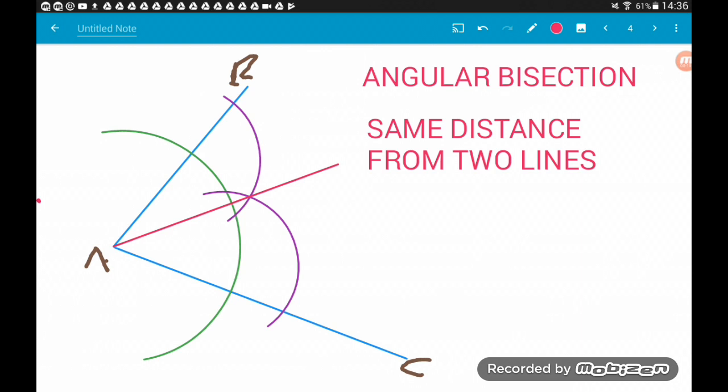Okay, then finally we've got angular bisection. Now we bisect an angle either when we want the loci of points that are equidistant between two joining lines, so here AB and AC joined together, everywhere on the red line is equidistant from each of those lines, or when we want to find regions that are closer to one line than another line that are joined together. So in this example, everywhere above the red line is closer to AB, everywhere below the line